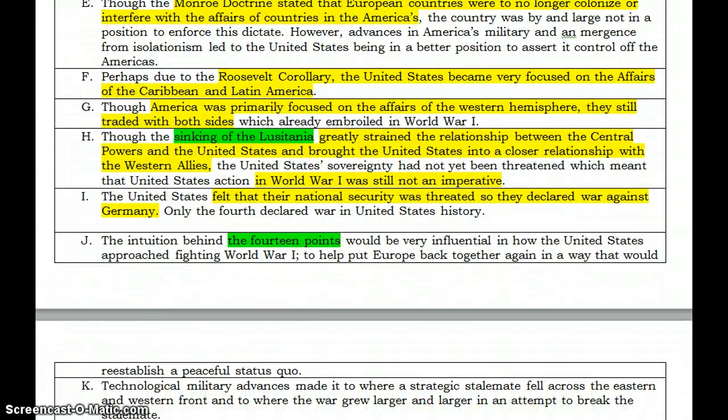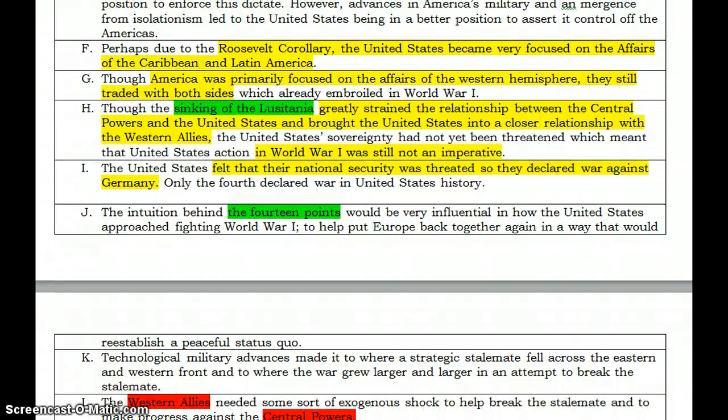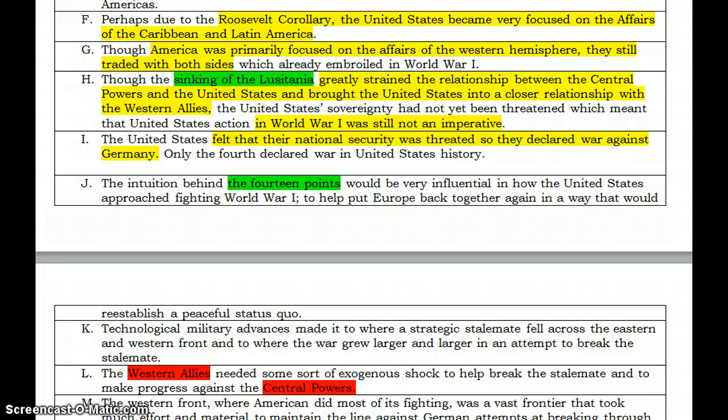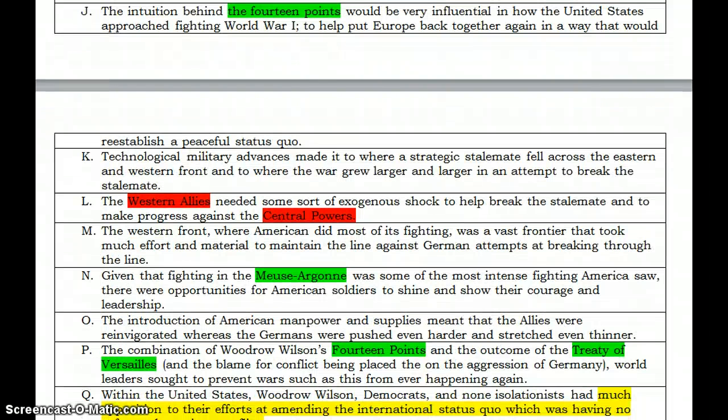The yellow points are what I think are the most important takeaways from these key points. The green is where you have some vocabulary terms to look up next. I highlighted in red Western allies and Central Powers because I want you to remember that the